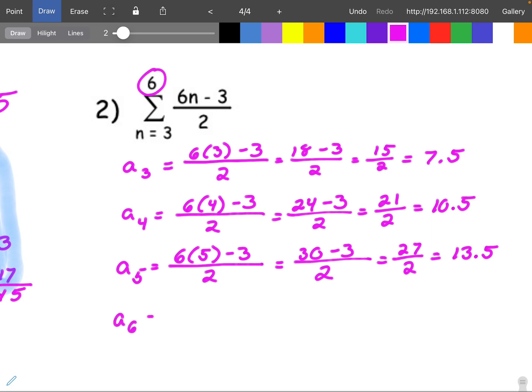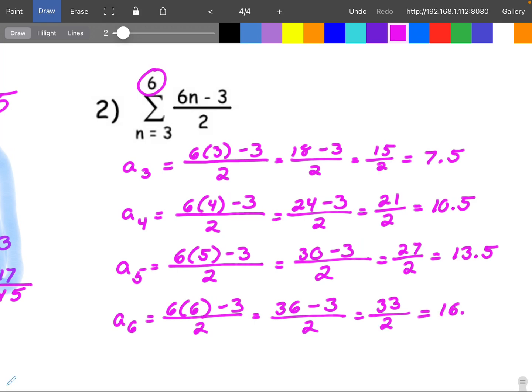Remember, we want to go up to a sub 6. So that means this is the last term we need to find before we add. So n is now 6. So 6 times n, which is 6, minus 3, divided by 2. 6 times 6 is 36, minus 3, divided by 2. 36 minus 3 is 33, divided by 2. And then 33 divided by 2 is